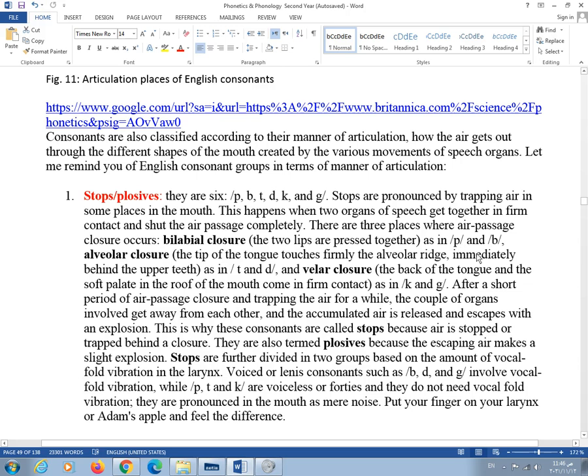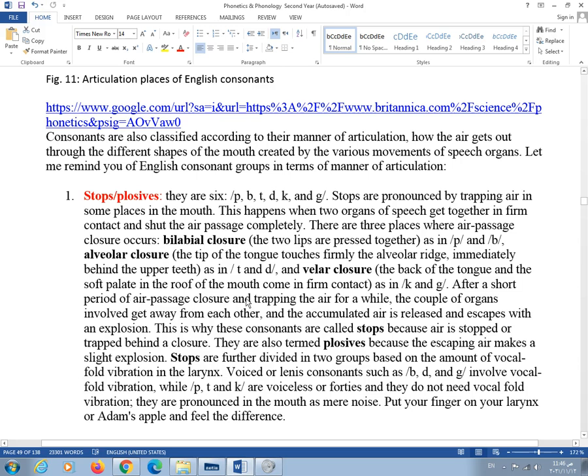Then we have the alveolar closure, when the tip of the tongue touches firmly the alveolar ridge immediately behind the upper teeth, as in t and d. And the velar closure, this happens when the tongue, the back of the tongue specifically, is raised to make contact with the soft palate in the roof of the mouth, and this is a case where we